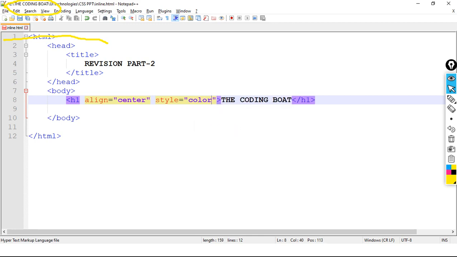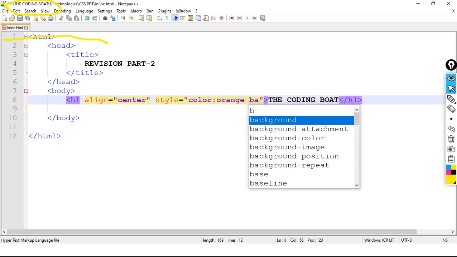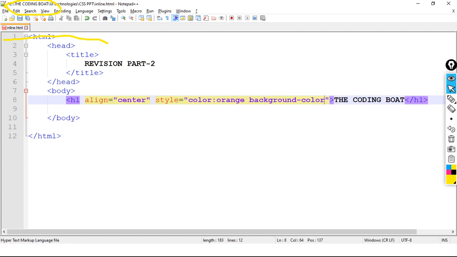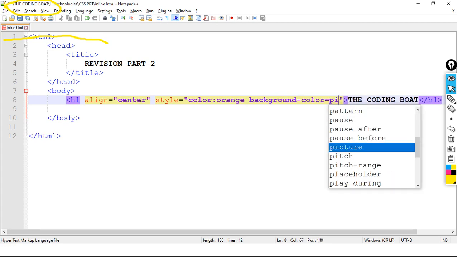Color colon orange, then we have a semicolon, and we have background-color equals to pink.